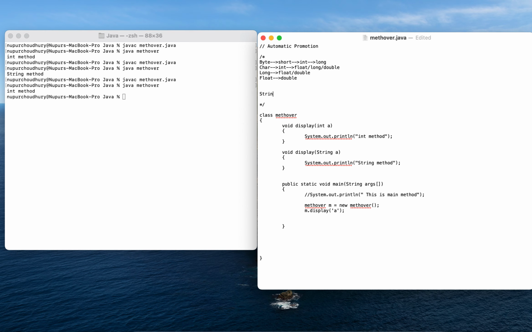Likewise, if I'm considering a String, its parent is Object. So it is inheriting the properties of Object. Object is the parent class of all classes in Java. When I mention that a class does not show that I have extended anything, implicitly it is extending the Object class.